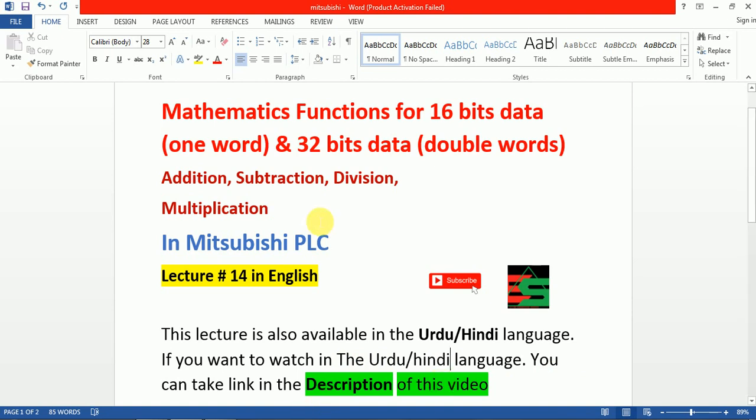Today our topic is mathematical functions for 16-bit data and 32-bit data. 16-bit data is also called one word, and 32-bit data is also called double word, because 16 bits equal one word. And we will learn about addition, subtraction, division and multiplication in Mitsubishi